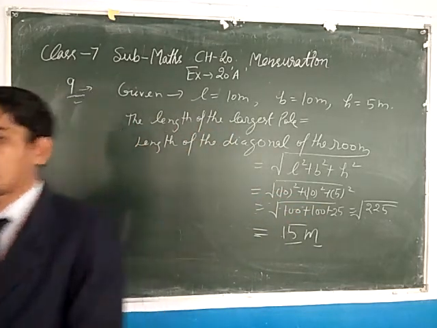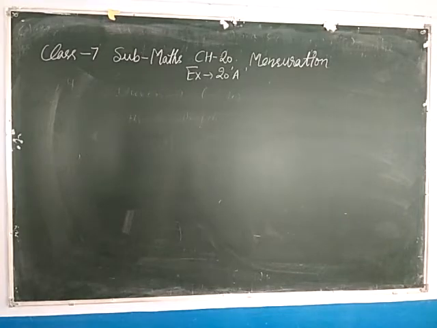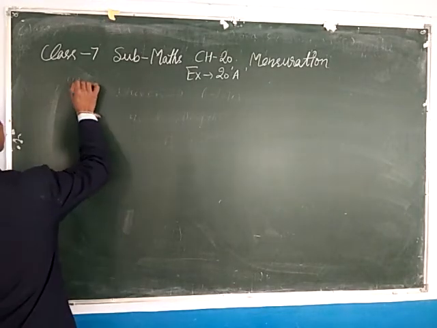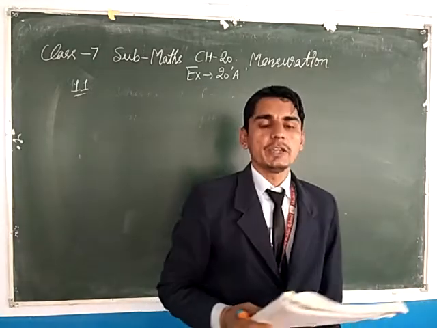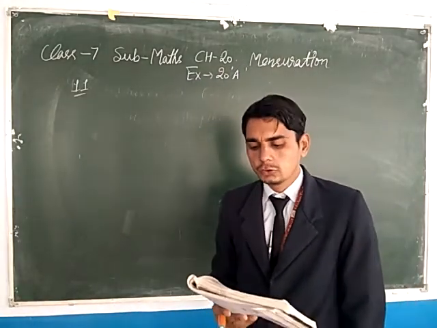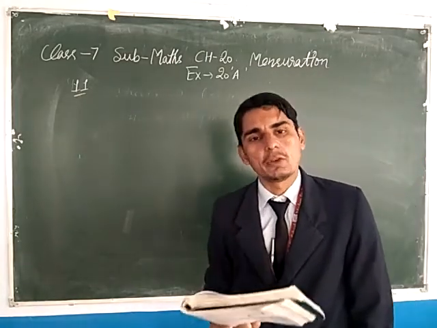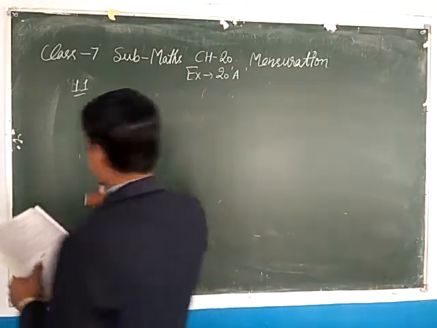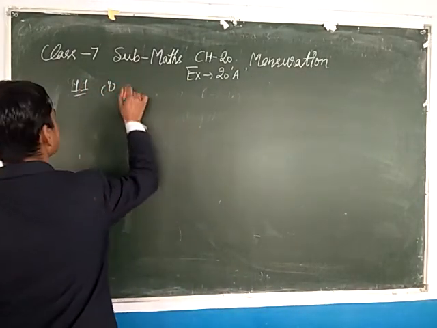Now after this, see the next question. Next question is 11. Find the area of a square. आपको स्क्वायर के लिए एरिया फाइंड करना है बेटा. The length of whose diagonals is given. तो आप लिखेंगे फर्स्ट ऑफ ऑल, क्वेश्चन नंबर 11 फर्स्ट पार्ट, the length of a diagonal.